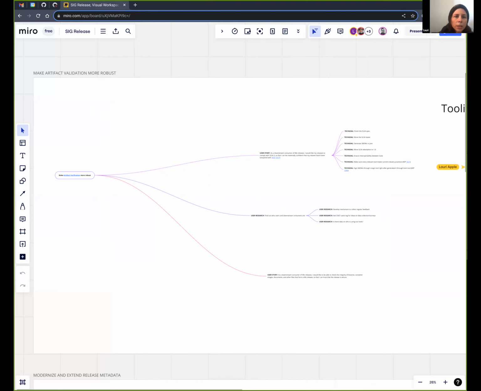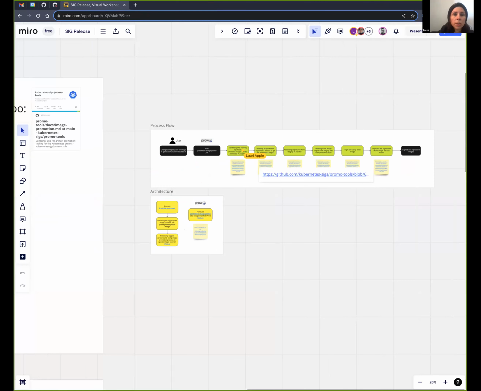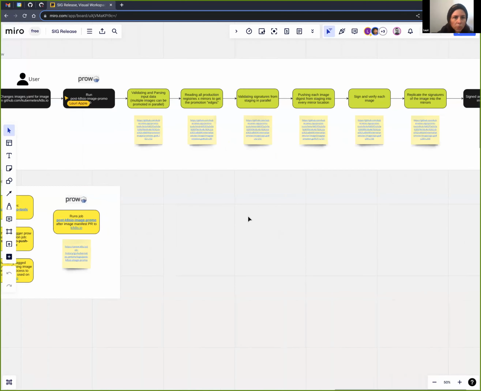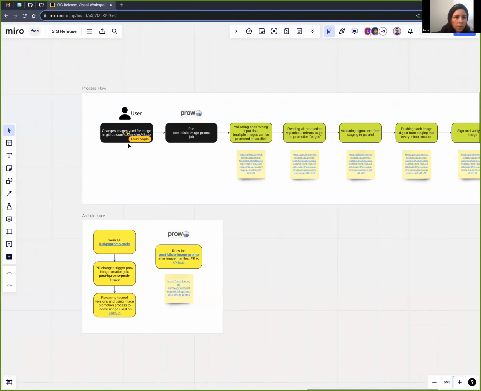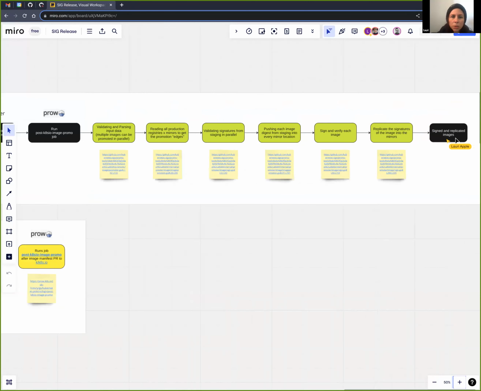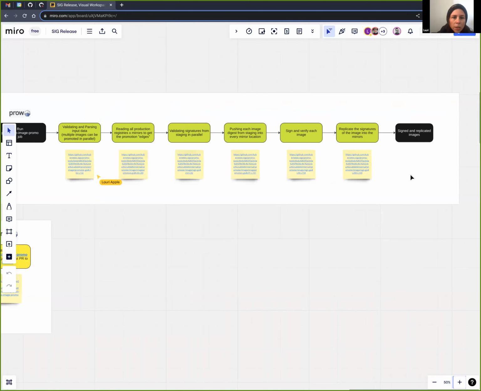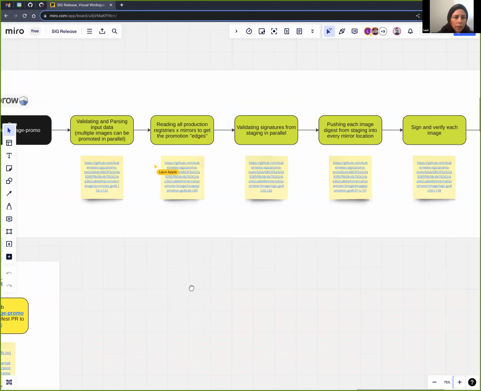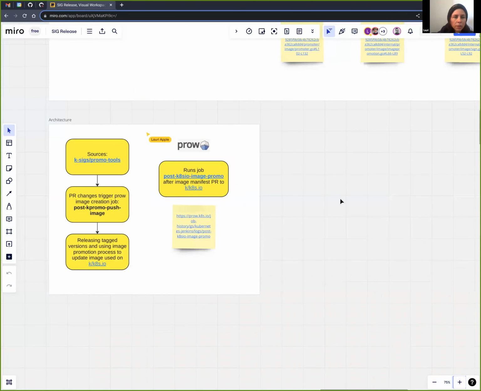We will look at the process flow that Sasha has drafted. This is currently focusing on how the image promoter works today. He's basically recreated the steps for the general flow from when the user changes the images YAML for images in GitHub all the way to a signed-in replicated image. These yellow post-its are the lines in the code where these actions take place. He's also created an architecture diagram